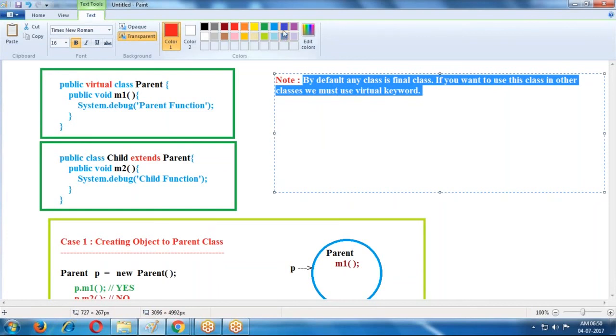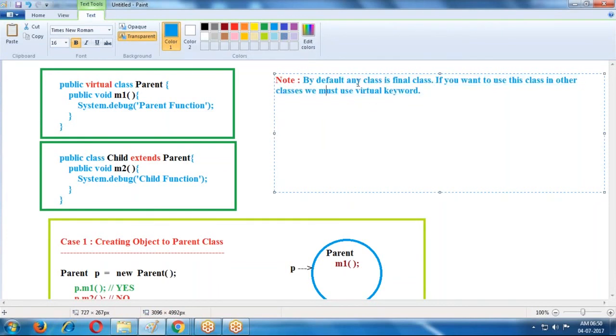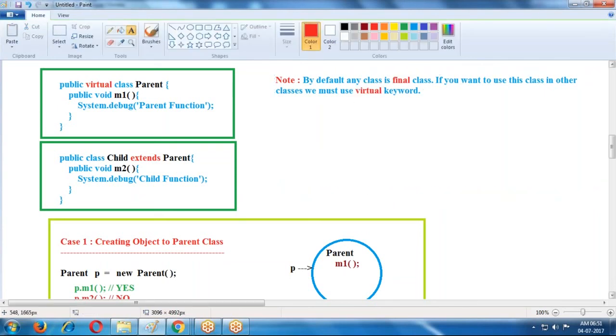So by default any class is a final class. If you want to use it, then before that class you can use the virtual keyword. Only then is it allowed; otherwise it cannot allow that parent class into other places. This is the way we are creating the inheritance concept. Clear for all? Okay.